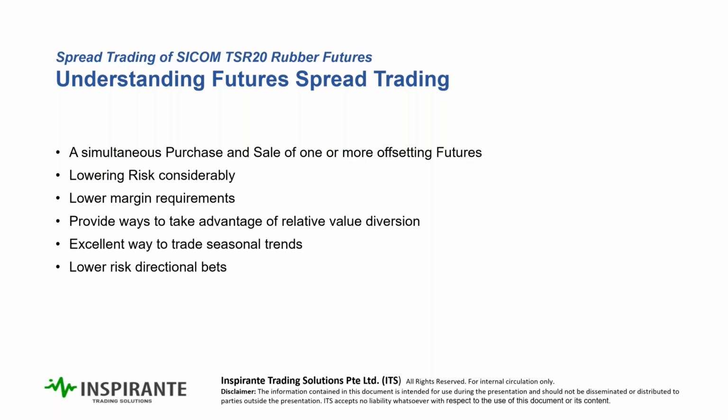When we're talking about rubber futures calendar spread, you are essentially going long one rubber and short another rubber in a different expiration. So there are no product differences in that sense. In a way, it will lower your risk considerably. As well, at the very least, the systematic risk is effectively hedged away since you're doing essentially the same